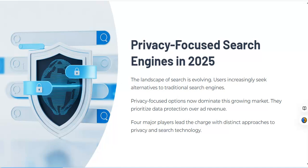Hi, in this video we're going to take a look at some privacy search engines. Now, privacy-focused search engines have been around for quite a few years, but in 2025 they're becoming increasingly popular. The landscape of search is evolving and users are increasingly seeking alternatives to, let's face it, what we have been